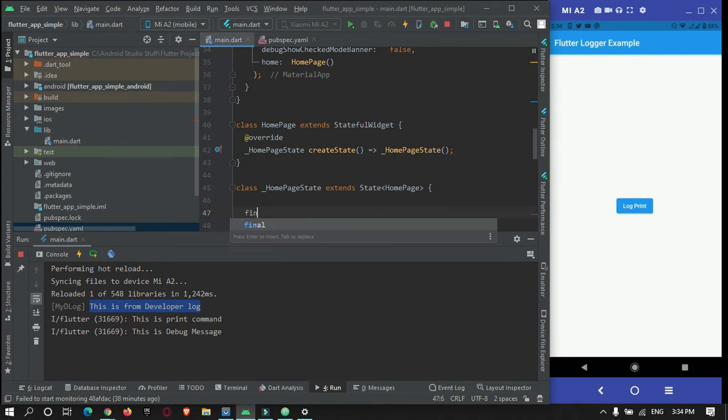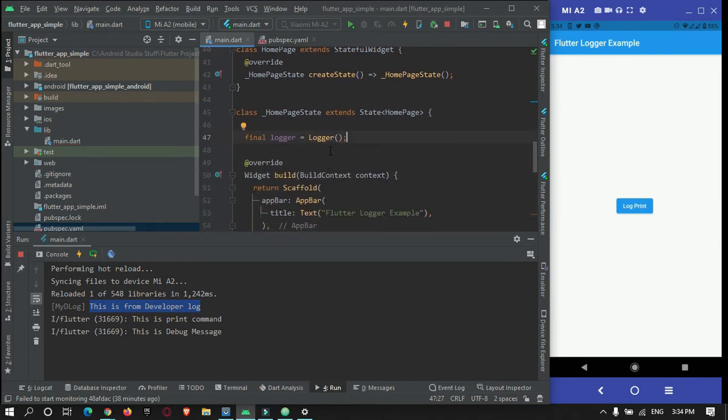For that, final logger is equal to Logger, new is not needed. You can use this instance to print various log messages.